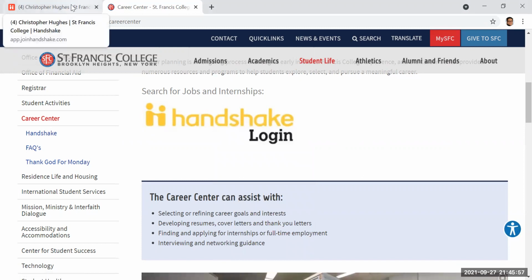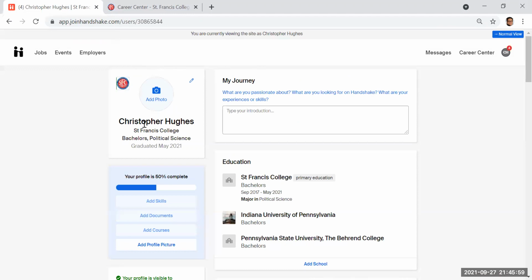Once you get onto the site, you will see something like this. This is a dummy student account that my colleague has set up for us to use as a way to demonstrate what you can use on Handshake. Again, you can go on to Handshake through the Career Center website. You can also use the one login information to click on the Handshake icon for you to get to